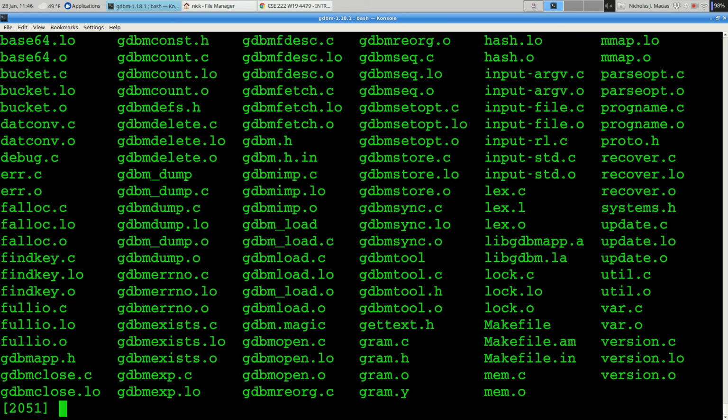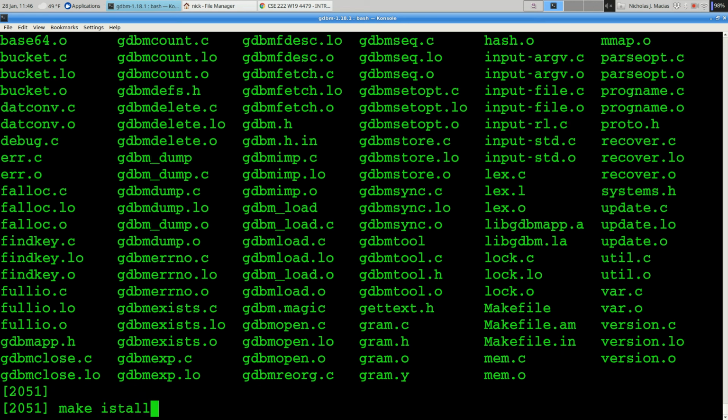So we downloaded, extracted, configured, made. But everything is in my directory. So the last thing you need to do is actually install this. You need to push it out so that when I say man gdbm, the man pages are in the system location where manual pages should be stored. When I say -lgdbm, the library is in the system location where libraries are stored. So if you say make install,